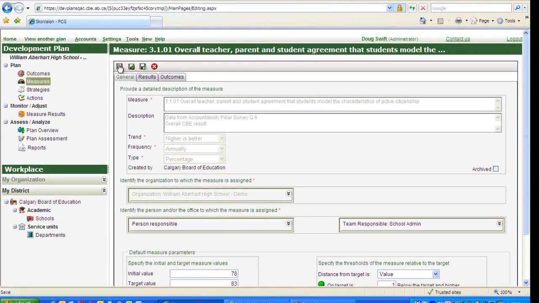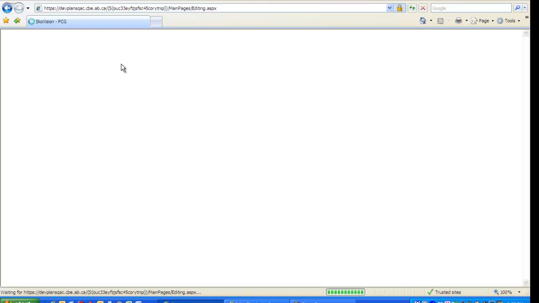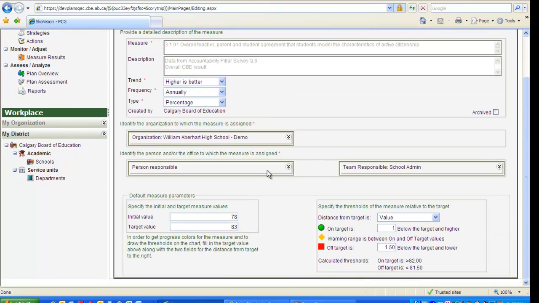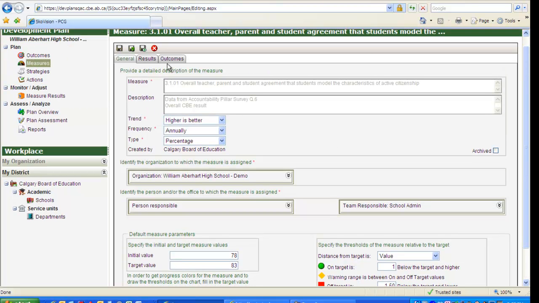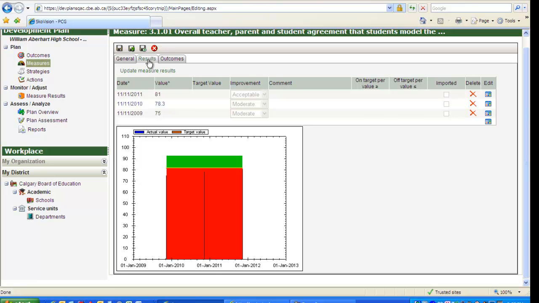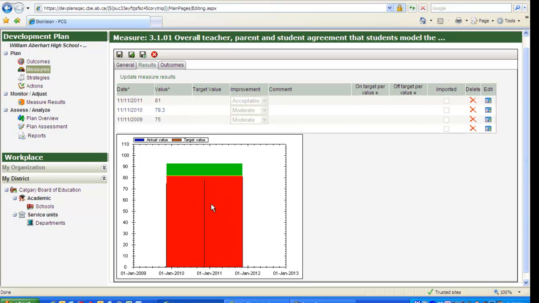At this point I can scroll back up and I'm going to save that. And now I have created parameters, targets, and understand the threshold around this measure. I can go back and change it if I don't like what I see, but we're going to look again quickly at the Results tab. And now you can see information's been filled in here, the red, the yellow, and the green, about what you have set as off target or on target, and these lines indicate the results for each time a result's been put in. I can save and close now,